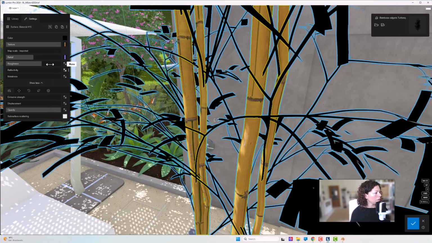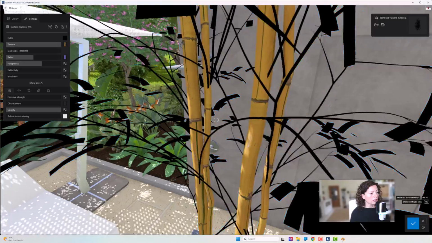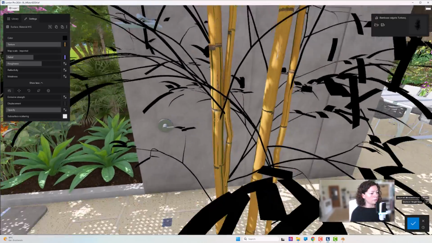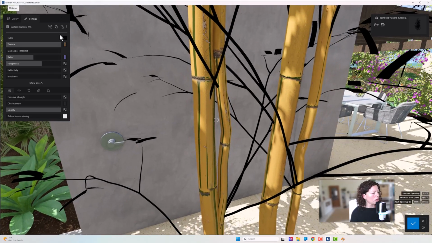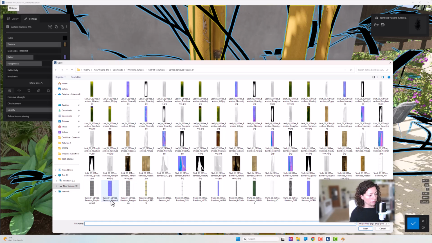Okay, we're gonna go for the displacement map that we have here as well. As you can see, this is a little bit time consuming, but it's worth it. Just make sure you have as many maps as you have available to you. I'm not sure if they have any reflectivity maps. So they have the displacement, roughness, Bamboo